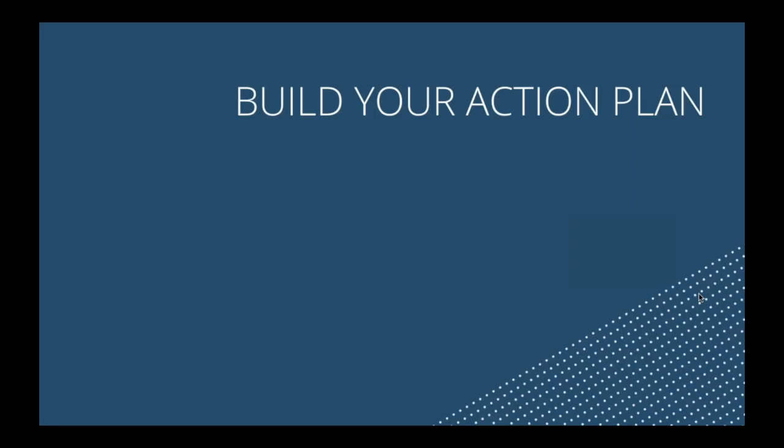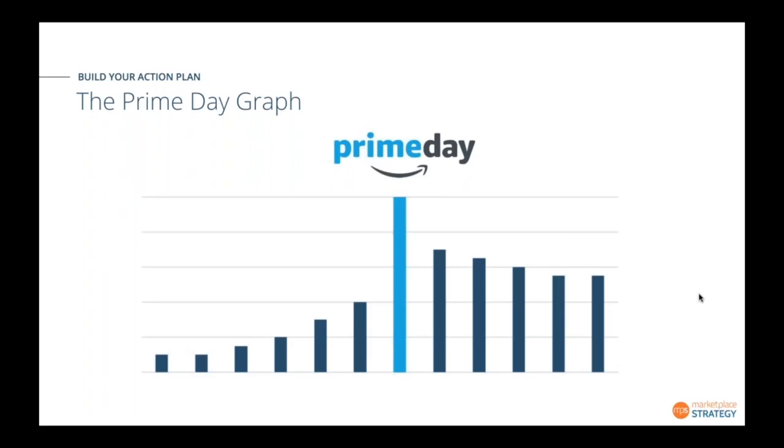All right, so the next piece is building your action plan. Once we have our assortment strategy, we understand our objective, and we've got all of this different information, now it's time to put it into action. So what we're showing here